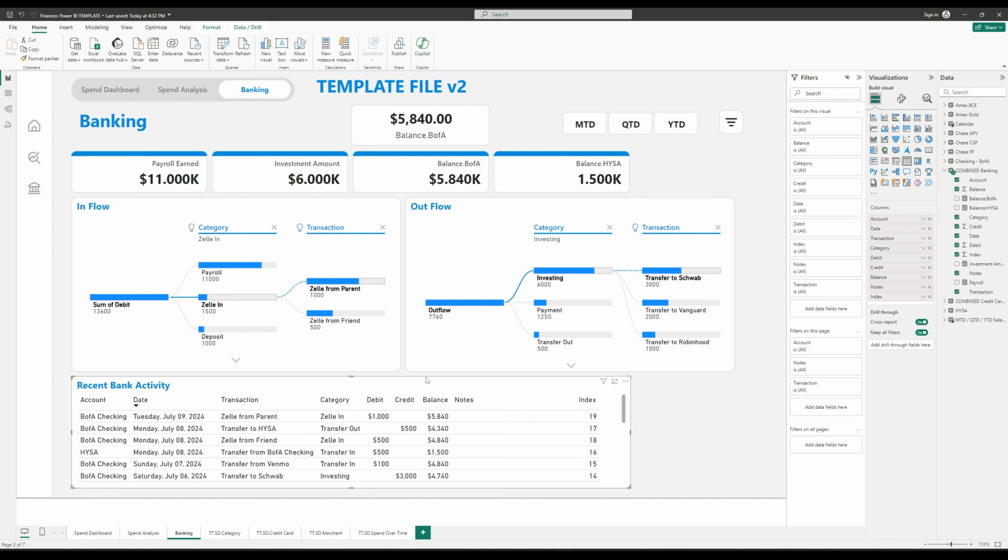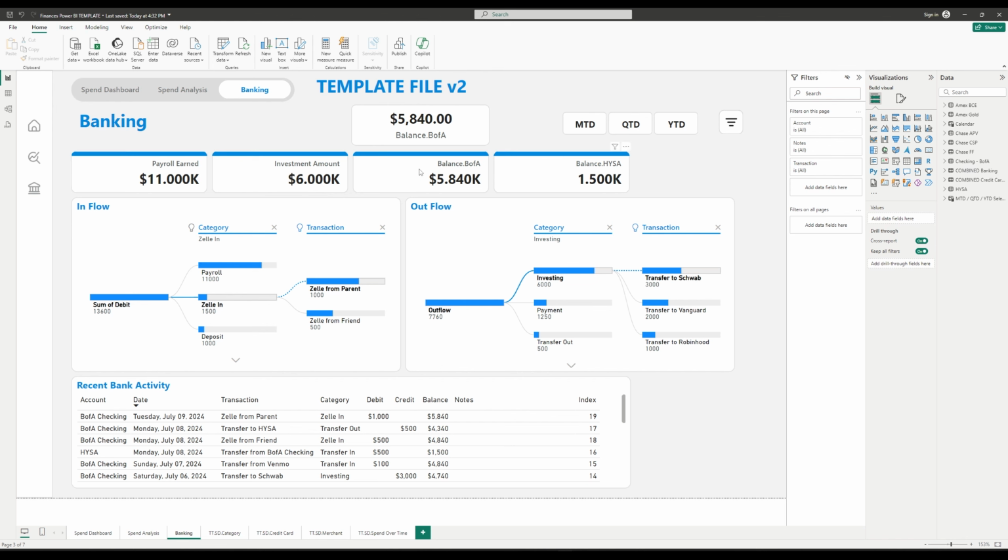And then the bottom here is just same as the spend dashboard and the analysis page, except it's just the banking. So the most recent banking activity, because I sorted by date, and you can see all types of banks here. If you have more than one bank, you can see high yield savings here as well, because this pulls from the combined, so the aggregated table. And that's it. Yeah. And then, oh, and at the very top here, I do have a separate card here,